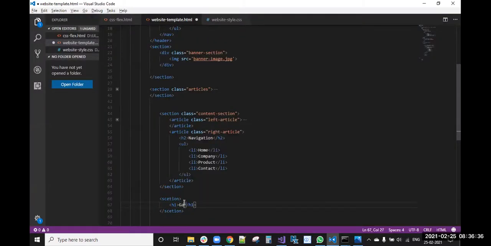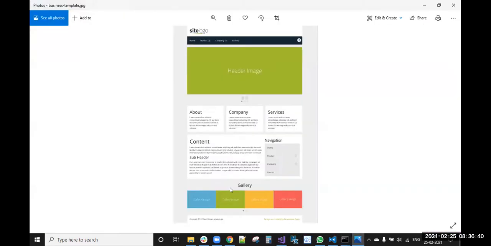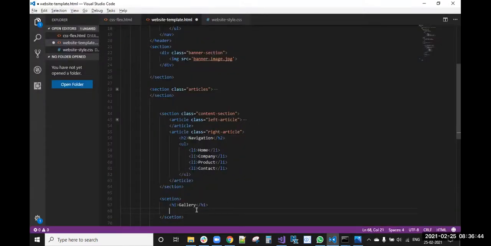So yeah, then four images are there. Okay, these are the four images.